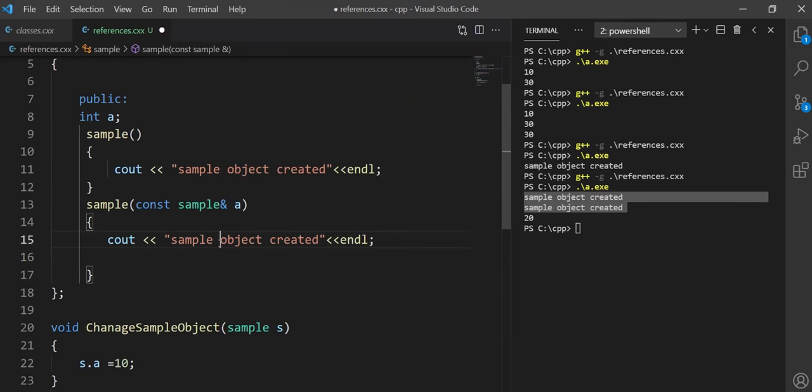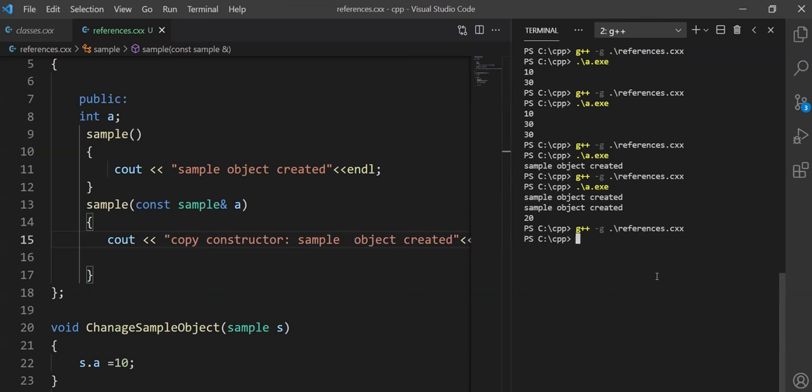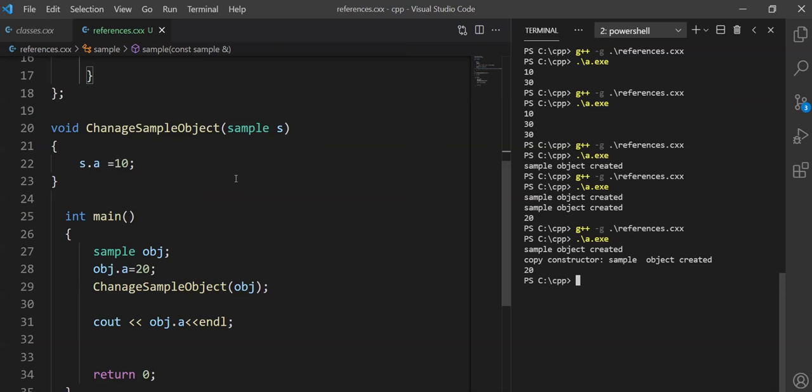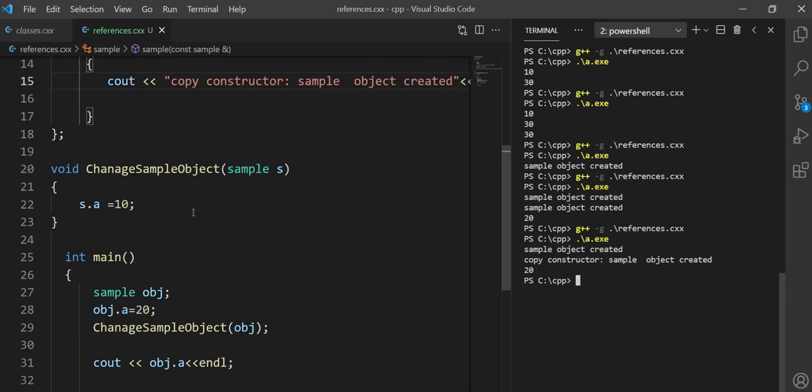To make it clear, let's look at the Sample copy constructor. Our copy constructor got invoked when a Sample object got created. This is the disadvantage of passing by value, because if you want to modify this object, you always have to pass it by reference and not by value if you want your changes to get reflected for this particular object. To do that,